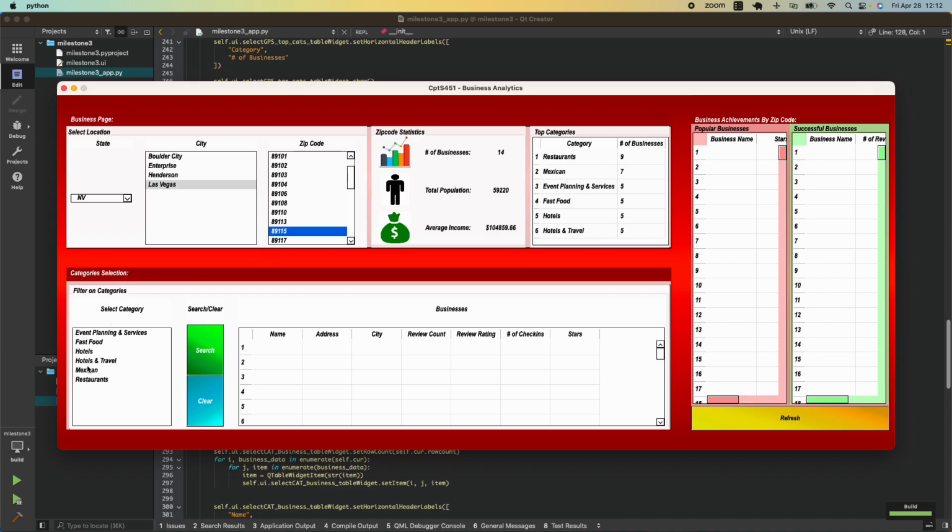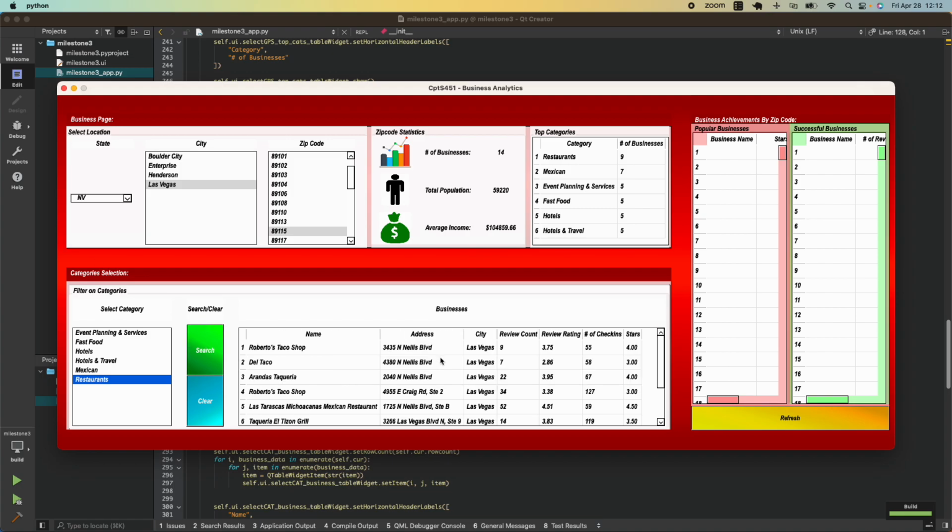That will then display every type of category that there is a business for in that zip code. So what you're going to do now is just choose one. To make things easy, we will go ahead and choose restaurants. Now, lastly, we press the search bar and all of the businesses in that category, in that zip code, show